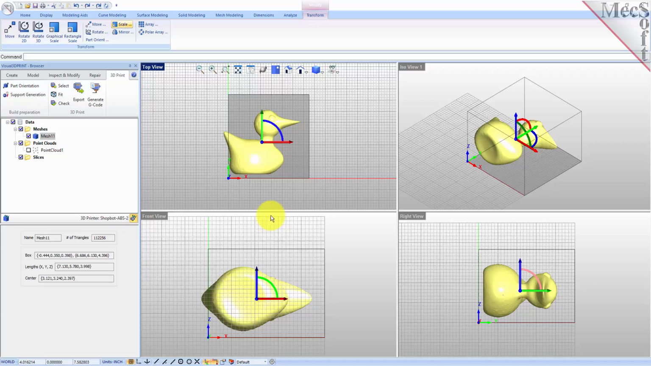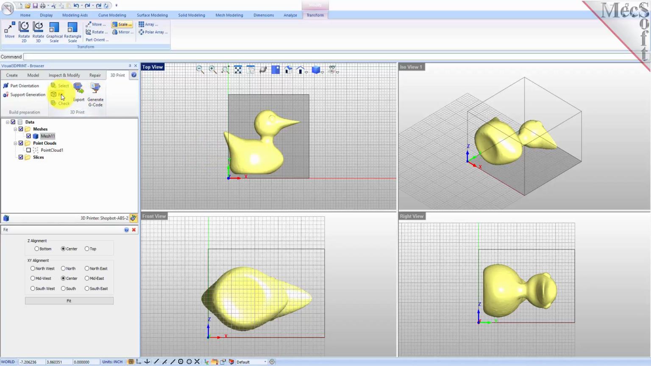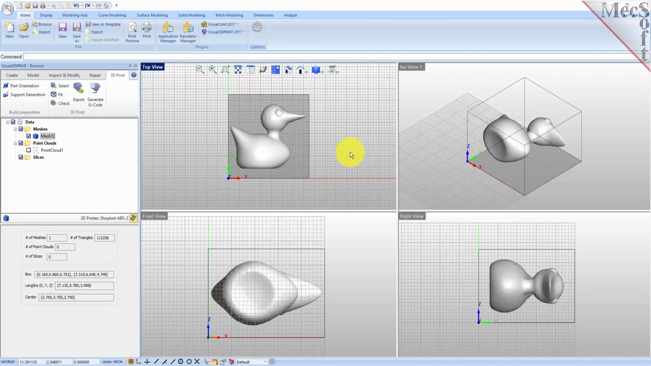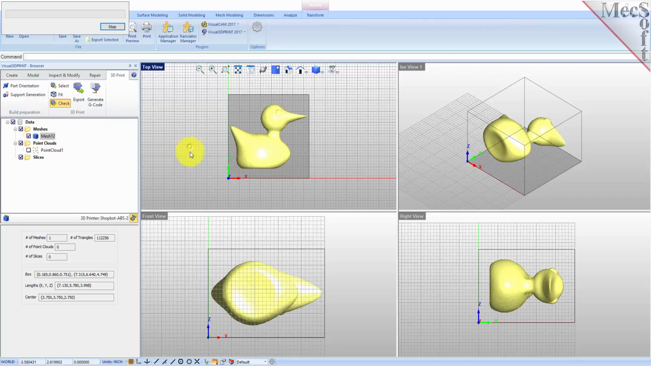So now the mesh is scaled down. It's still outside the printer, but let's go ahead and do our fit command again. Fit, center and center. Okay, it looks pretty good. Let's do a check and make sure that we're ready. Say check, select the mesh, right click,